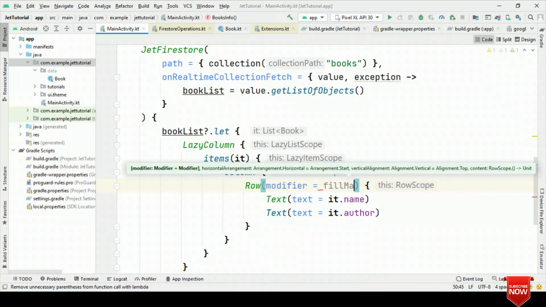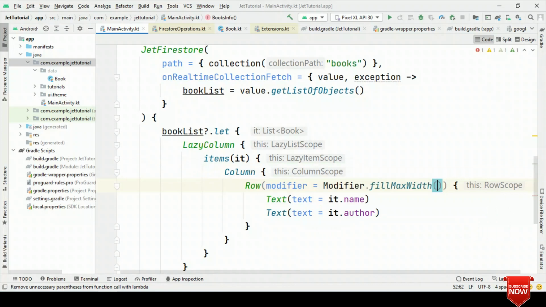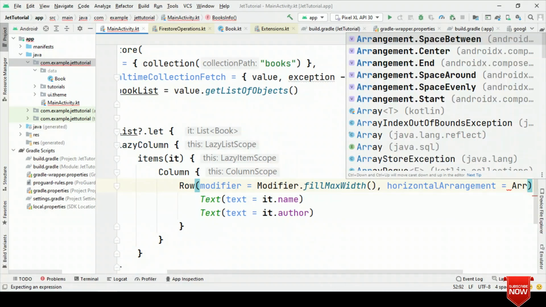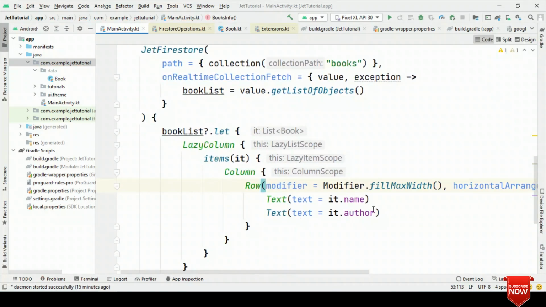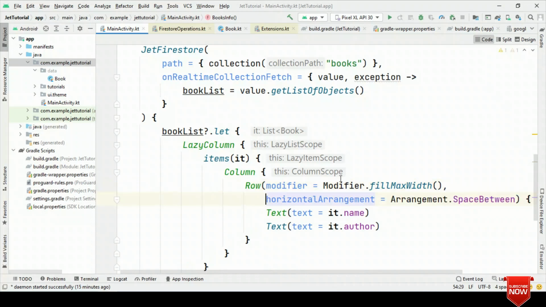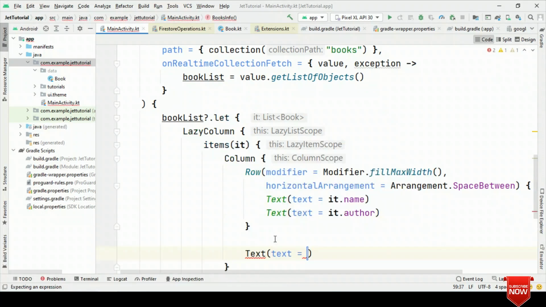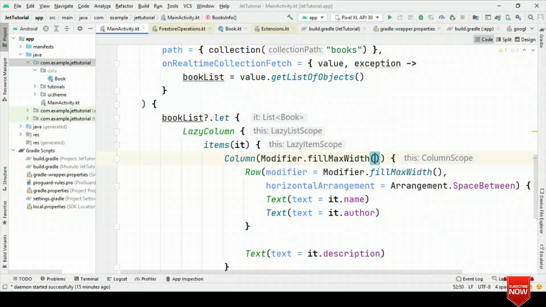So we'll say fill max width, then horizontal arrangement, that is arrangement space between. Now let's have a description below both of this text. So we'll say it dot description. Finally, for this also, let's have modifier fill max width.